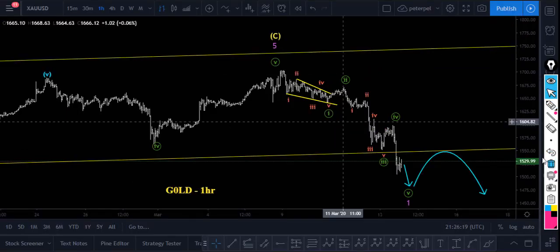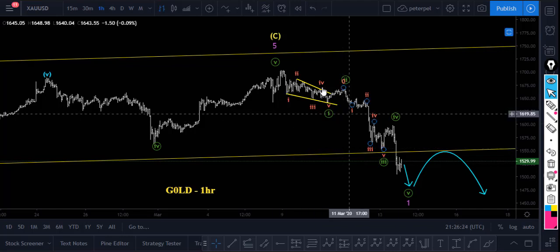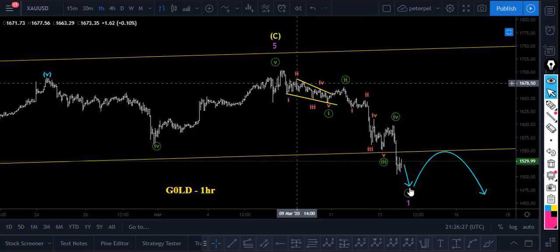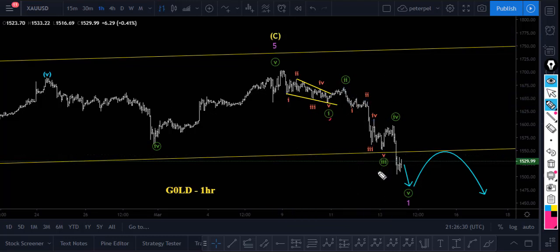On the 1 hour time frame, we can see that as price is going down, it's developing into a beautiful 5-wave impulsive move for green wave 1, 2, 3, 4, 5. So we are anticipating that this week we will be completing the green wave 5, to complete purple wave 1, then get a pullback for wave 2. So when the markets open and you get any sell signal, if you are selling,